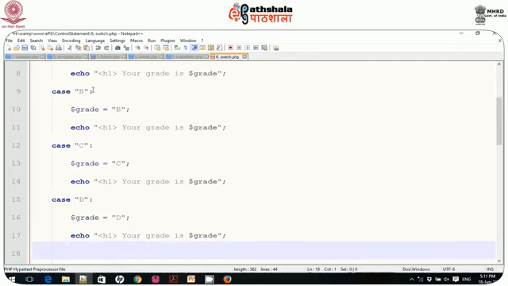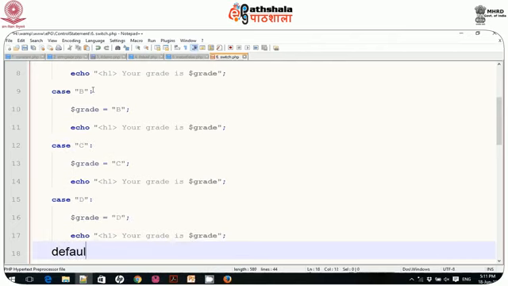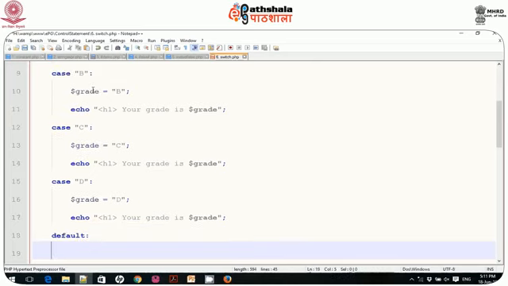And if none of them is selected, then you can write the default case. It is not necessarily last, but generally you should write it last, and a maximum of one default case is available. You can write echo your grade is invalid, or invalid grade.